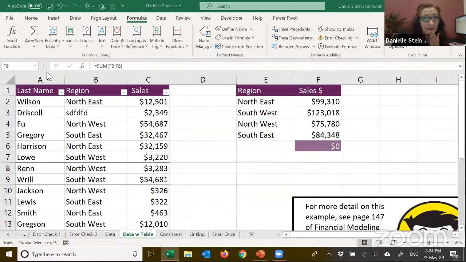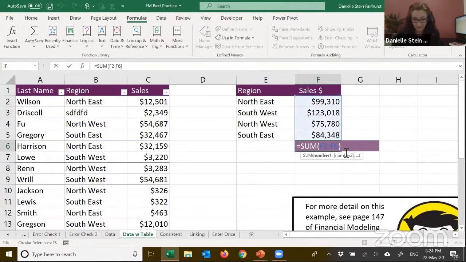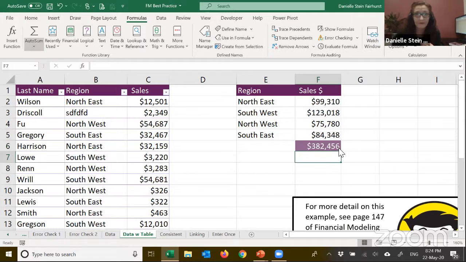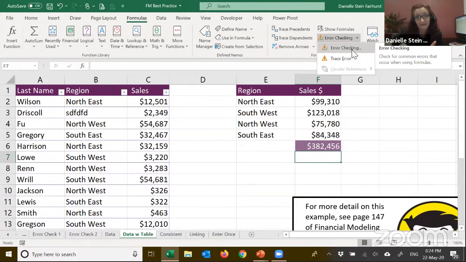How do we clear the errors? I'm not sure what you mean by clear the errors. That's how you would clear a circular reference. You basically need to find what the problem is and fix that. If you have errors, you could trace the errors or run error checking, which will find any Excel errors on the entire sheet.